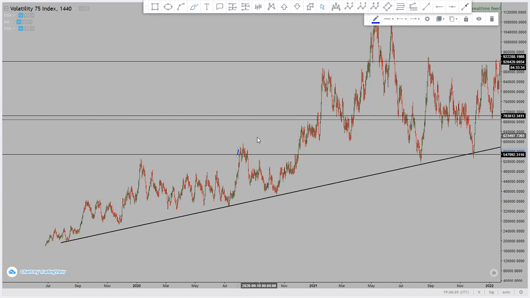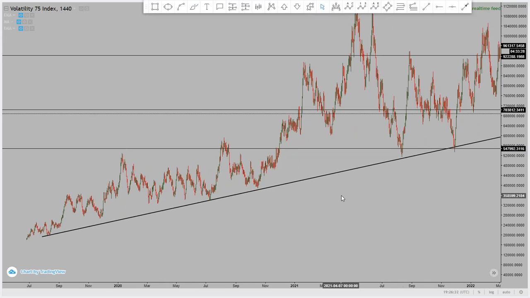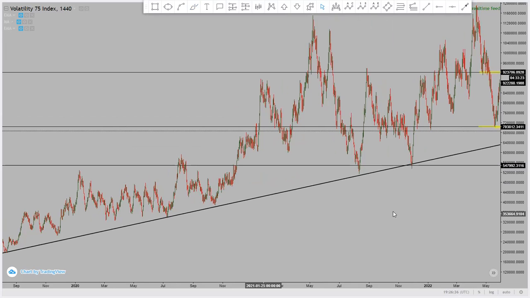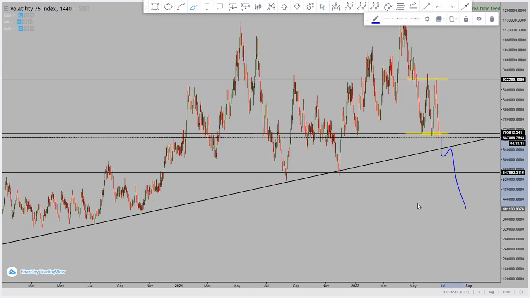So this trend line is a very key trend line for the VIX, because if you check, VIX has been above that entire trend line. Ever since it was launched, VIX has been above this trend line. So now, if ever it breaks this trend line, it will result in a lot of swing moves to the downside.